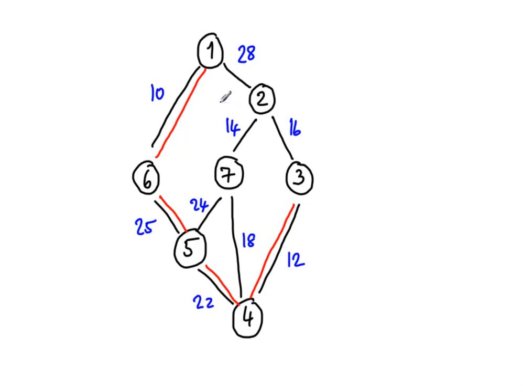Okay? And now again we do the same thing, and we find that we have a choice between 28, 24, 18 and 16. 14 is not yet in consideration, because for 14, neither endpoint is in the tree. So if you look at this tree, then 16 is currently the smallest one, so we will add this. And now we have a choice between 28, 14, 24 and 18. And so since 14 is now the smallest, we will connect it this way. And so we have a spanning tree which is formed by the red edges,